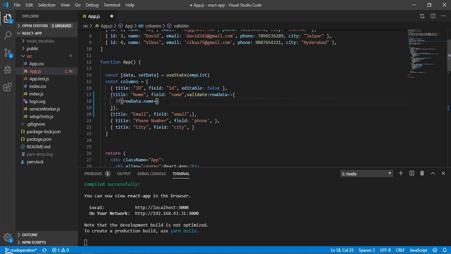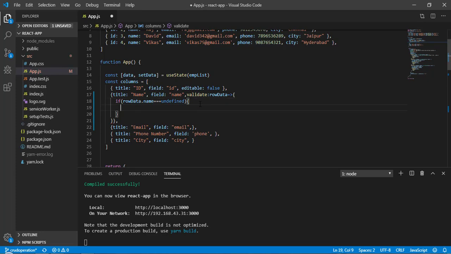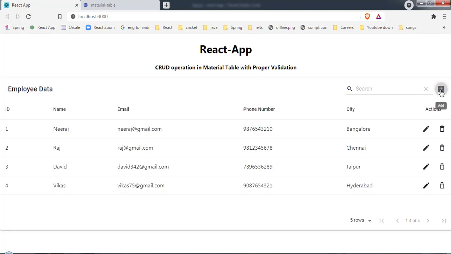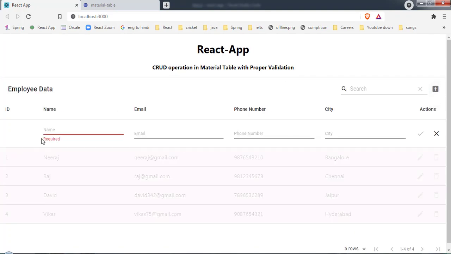If it is not there, we have to return a message that this is a required field. So I will say return, and here, required. Now save it, and let's come back here. Now let's click on this add, and as you can see we have this required.